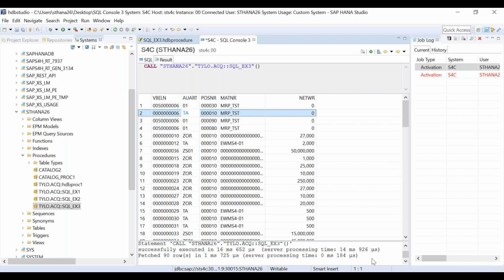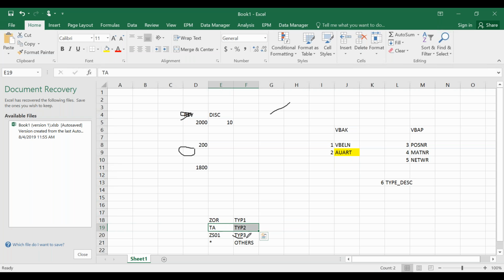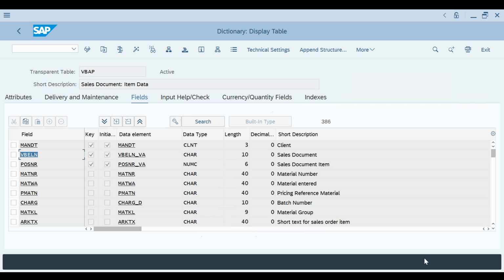So for TA, I will write something like some description. For ZS01, what we have decided? Type 3, you see here, type 3. And other than these 3, if anything is coming, I will write others. Simple? Okay.